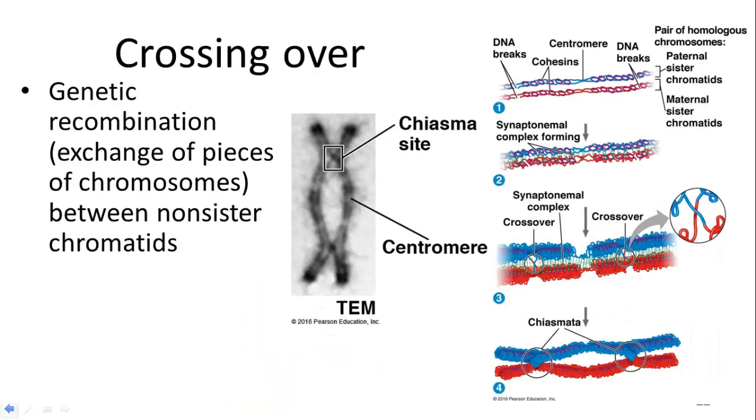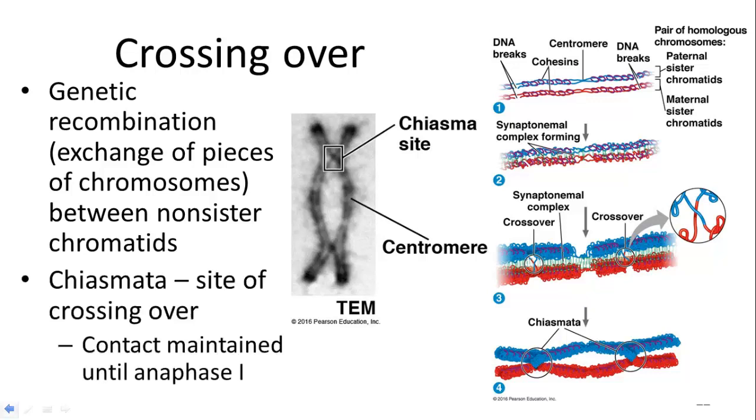One of the events which is very important for meiosis in allowing genetic recombination, or allowing a diversity of different types of genes to be expressed in the gametes, is the process of crossing over. What happens in crossing over is genes, or the tip of one chromosome, will exchange with its homologous chromosome. So if you got one from your mom and one from your dad, those would come together, and part of the mother's gene would go on the dad's chromosome and vice versa. This occurs when the chromosomes come together in a process called synapsis, and the site is called the chiasma